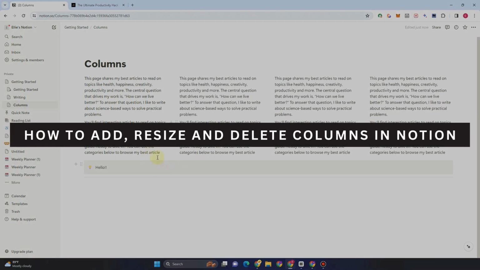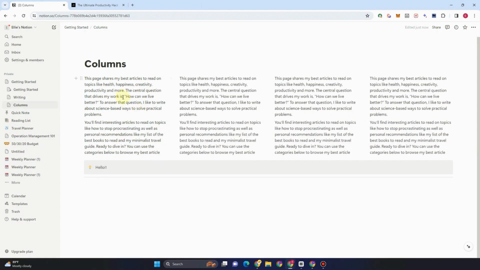How to add, resize, and delete columns in Notion. So let's get started. As you can see here, I have 4 columns and it's so easy to do it